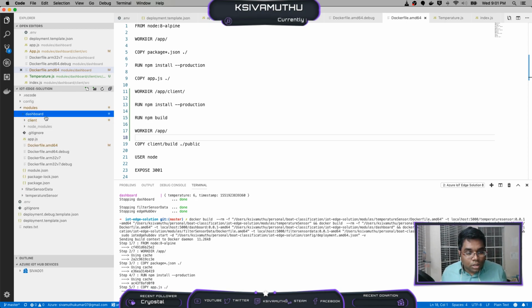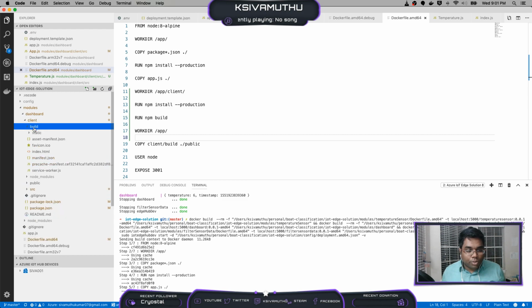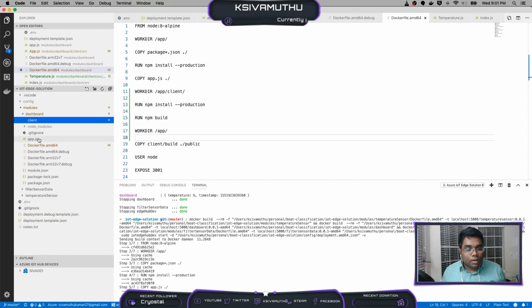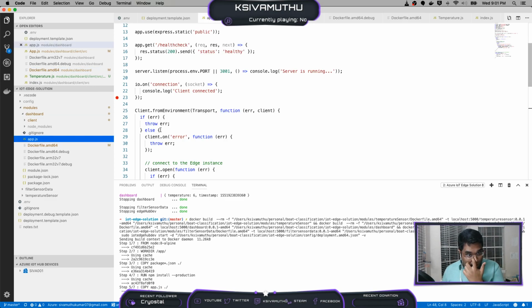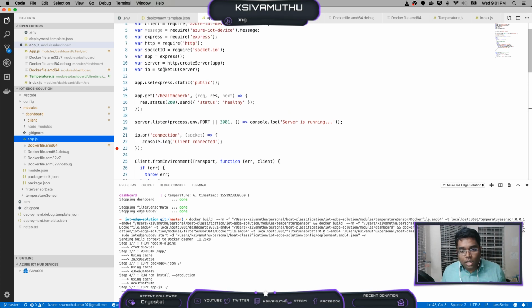The React application works as a client application, that's a separate npm project. Whenever you build, the build will contain all the static files. And I also have this app.js that includes both the IoT hub code and the express code,